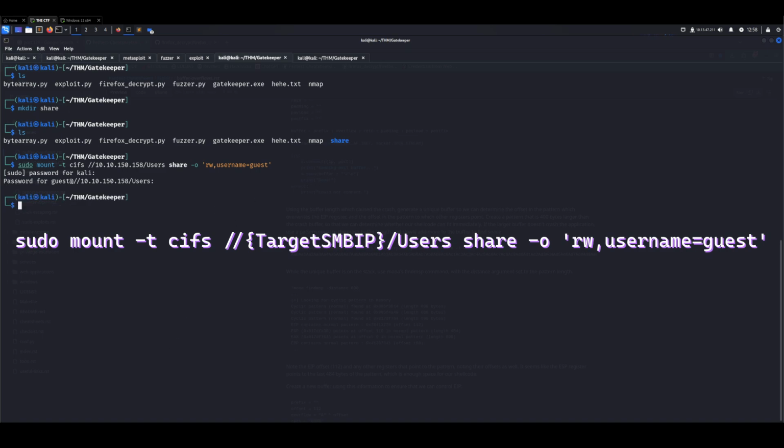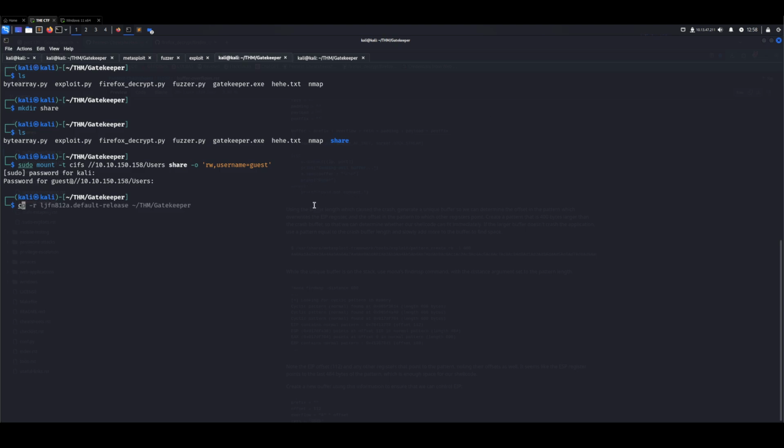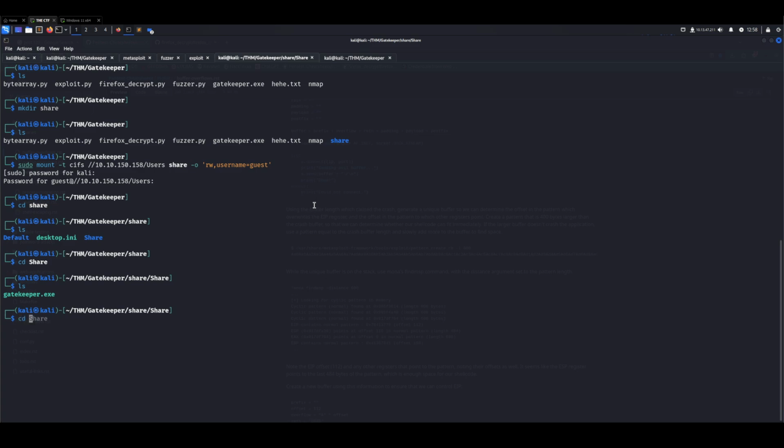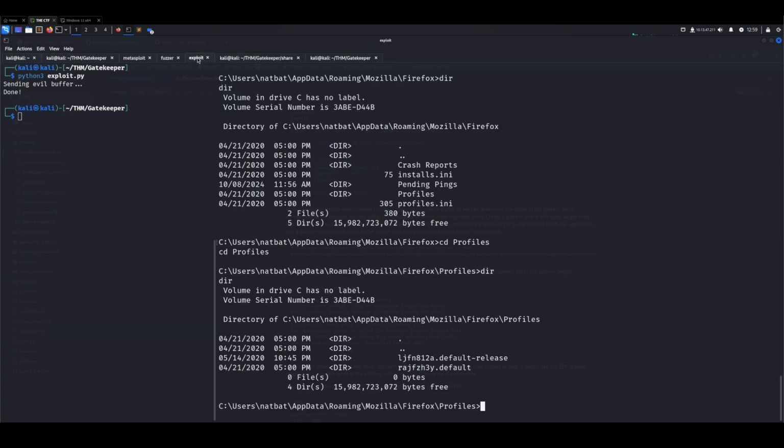I got this method from Bastion on Hack The Box. So if you're confused about what's going on, we're basically mounting the SMB share to our computer. And then we can cd to share, ls, cd to share again, ls. Oh, not here actually. Not yet. We can copy the folder to here. Let me, one second. So cd out for now. The way I did this is to copy these two folders to the share, and I think it's stored on